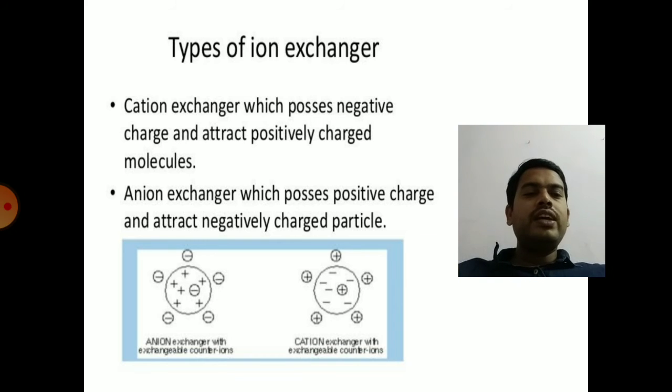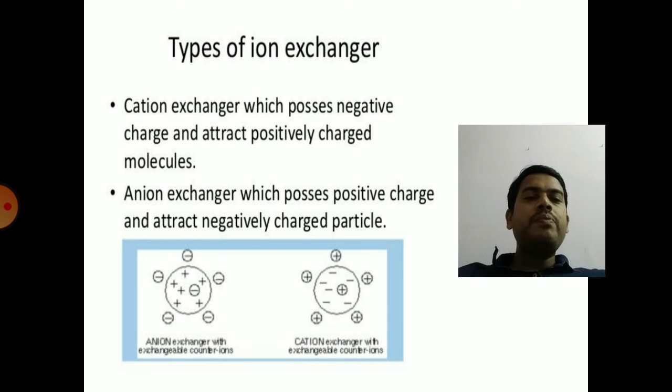So proteins, if they contain more acidic amino acids, they contain negative charge. If they contain more positively charged amino acids, they contain positive charge. So the entire charge of the protein depends upon the composition of the amino acids in the protein. So if the protein is more positively charged, then you use cationic exchanger, which is negatively charged. If the proteins have negative charge, then you use anionic exchanger, which has positive charge.